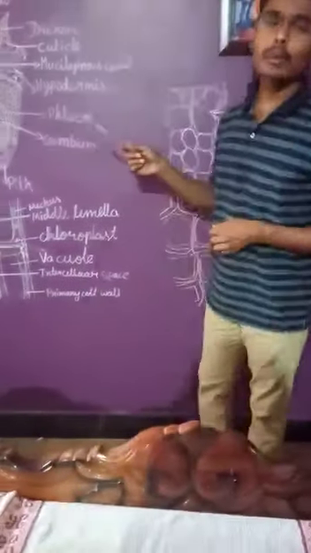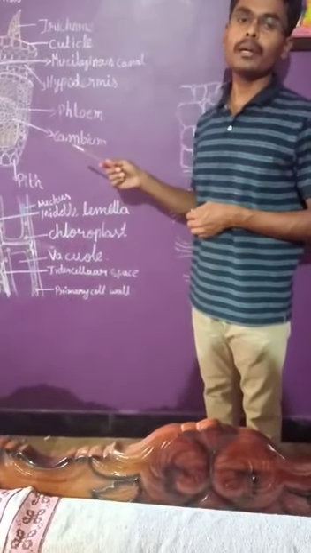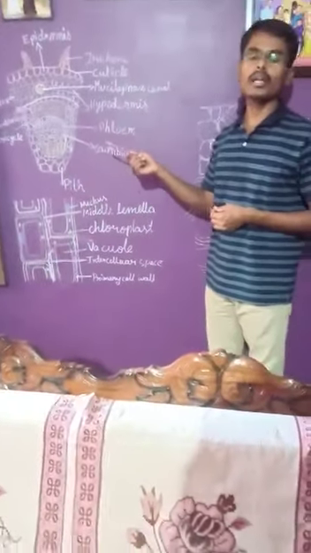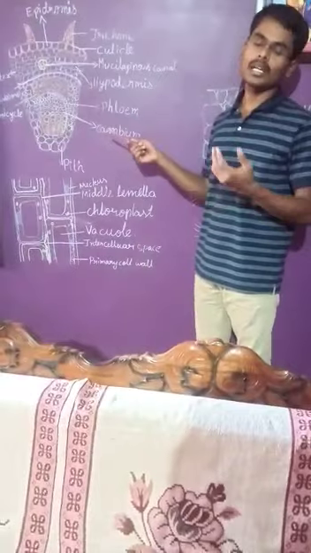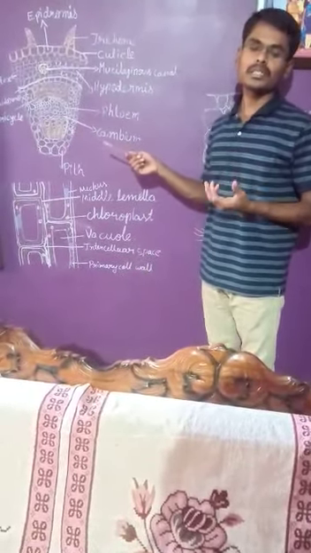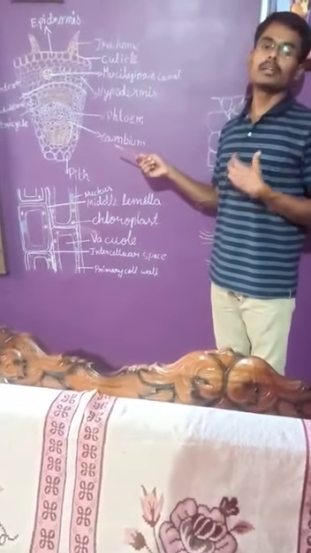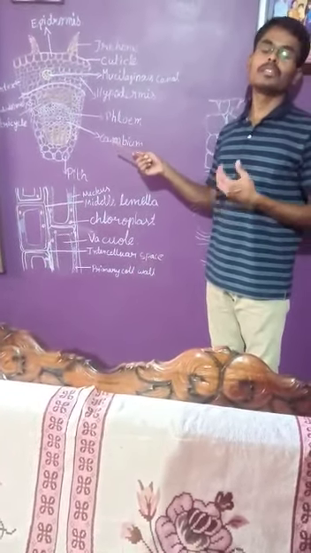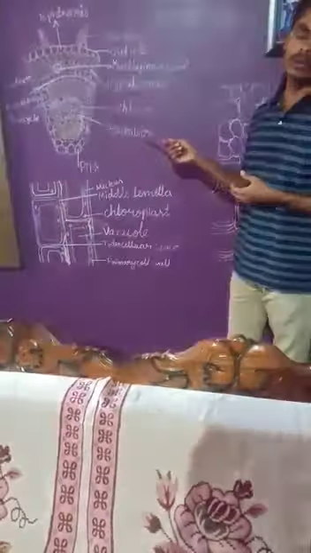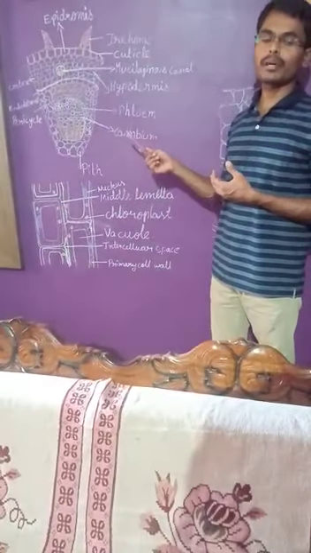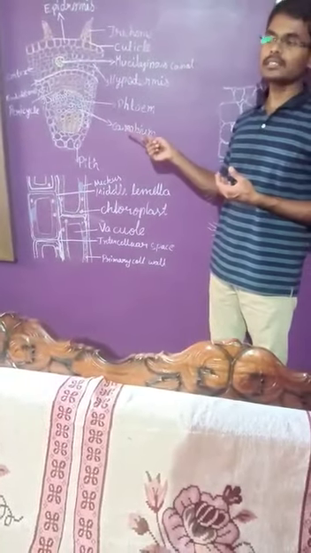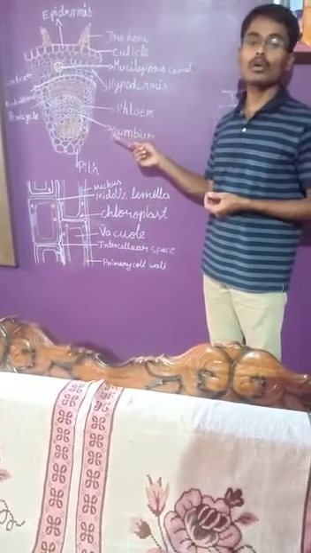Then the presence of the chlorophyll pigment in the parenchyma. For that reason, we call this one the chlorenchyma. And all of you know the importance of the chlorophyll pigment. With the chlorophyll pigment present in any plant body, the plant prepares its own food with the help of a process called photosynthesis. Due to the presence of this chlorophyll pigment, the plants prepare their own food with the help of carbon dioxide and the sunlight. For that reason, we are going to call this one the chlorenchyma.